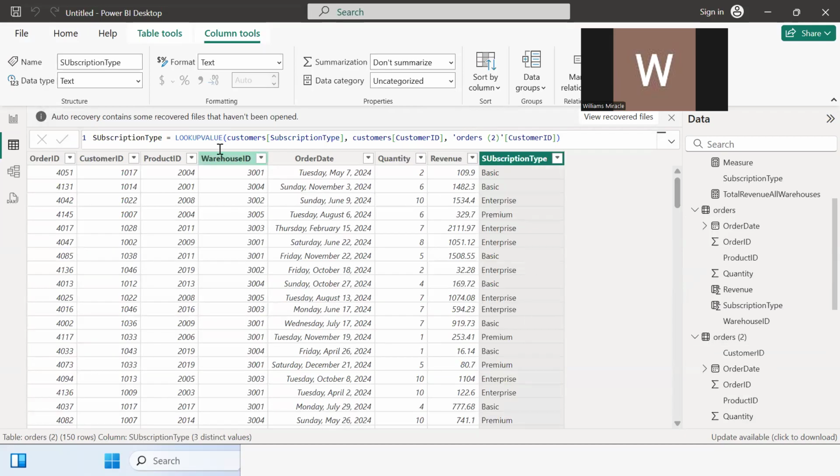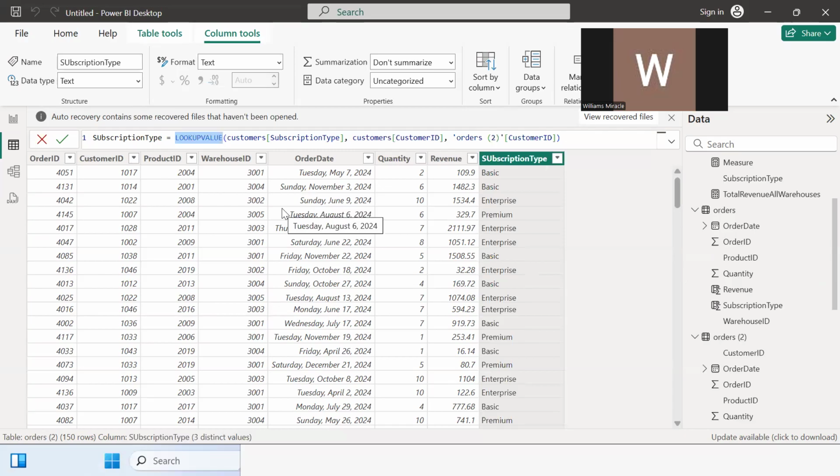So you can see that using the lookup value, we are able to also pull our subscription type data from the customers table into this orders table without any predefined relationship,